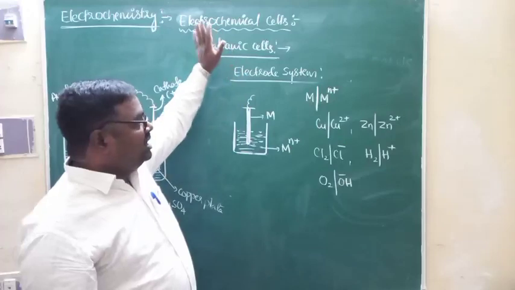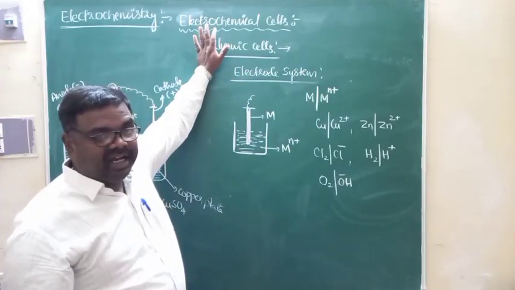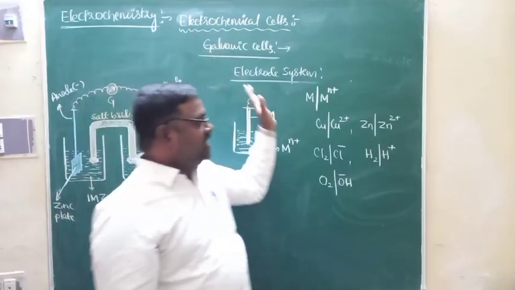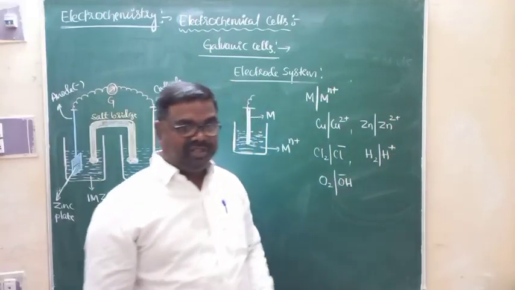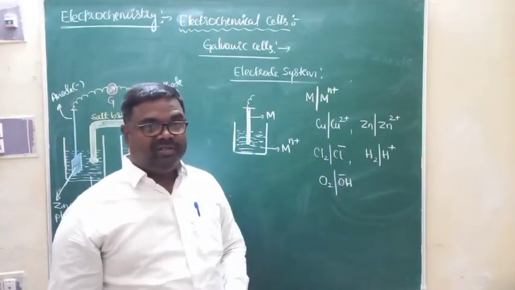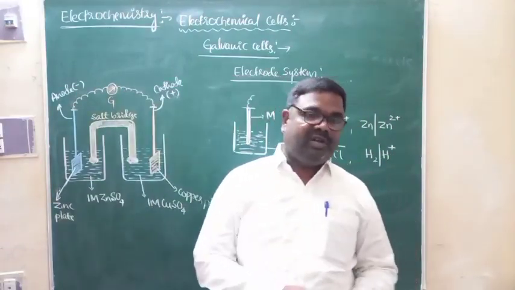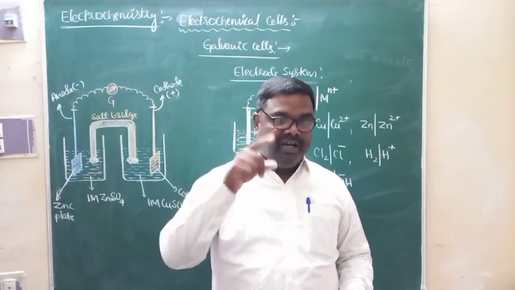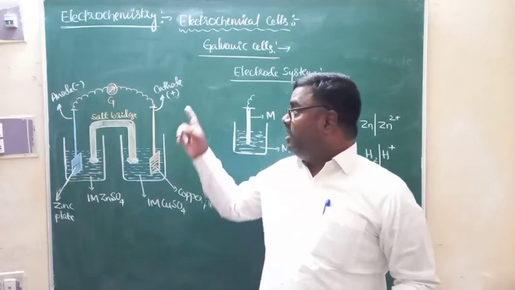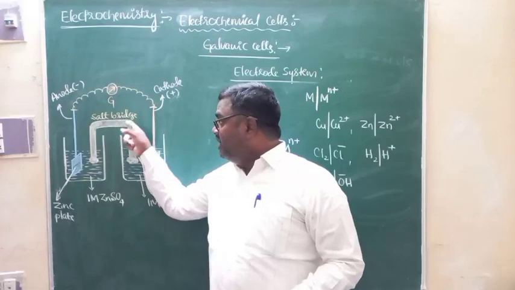What I said is that galvanic cells can be constructed by connecting any two electrode systems. When two different electrode systems are connected externally by electric wire and internally by salt bridge,